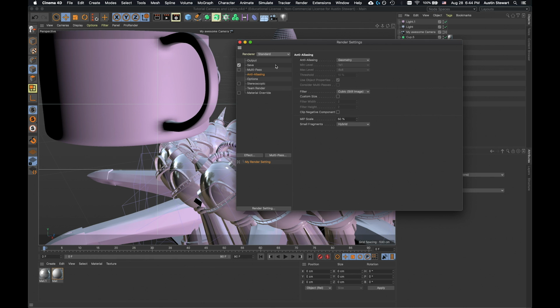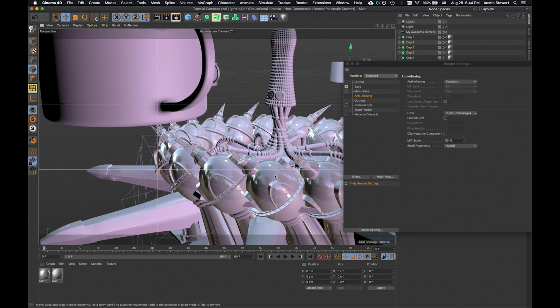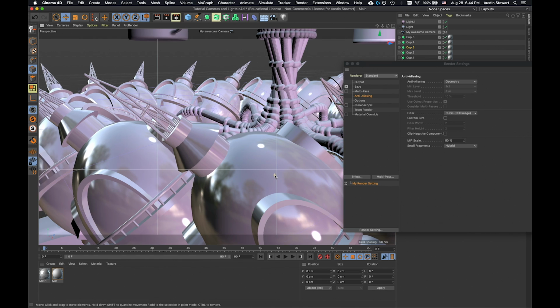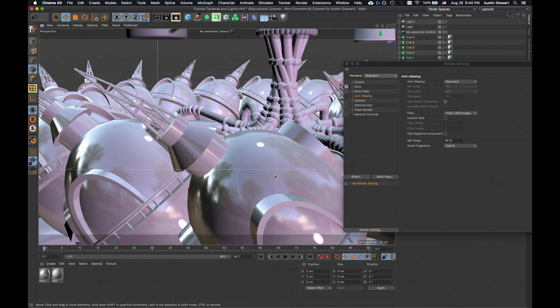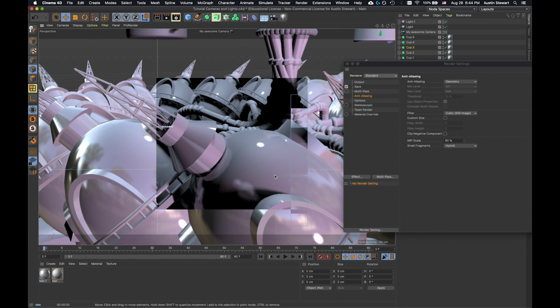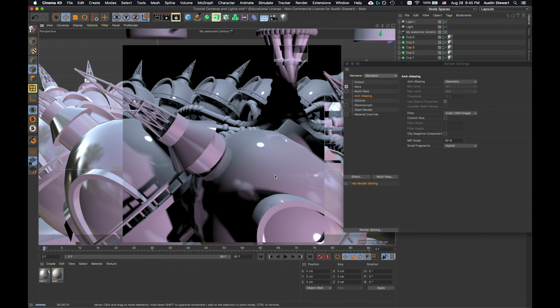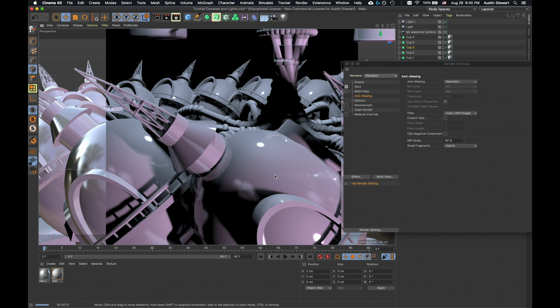So with the standard renderer, one of the things that happens is what's called aliasing. And I'm going to go ahead and zoom in on my view some more so I can get close to some of these reflections. And I'm going to go ahead and just render this in the picture viewer so we can see what's going on. And of course, this is actually a really good render. So some of the things you can see that are happening here in this image, I hope you can see them